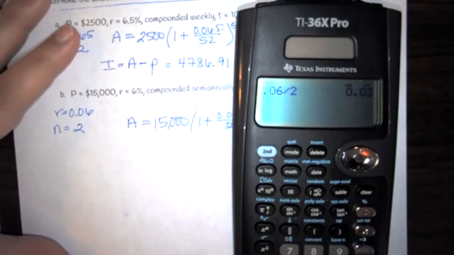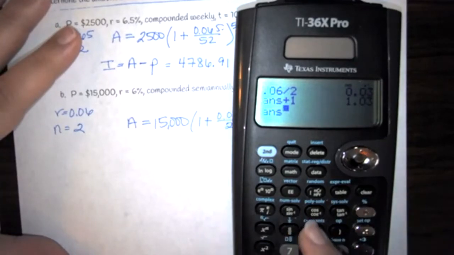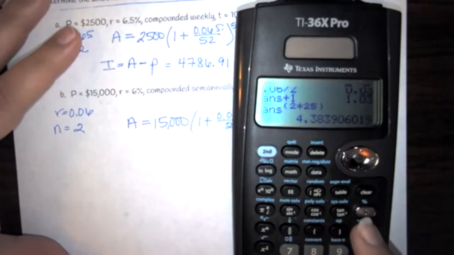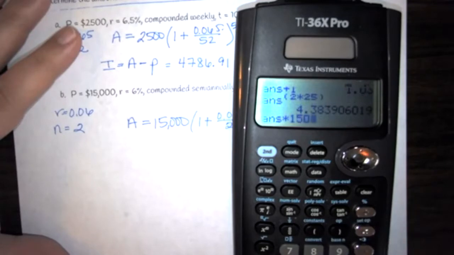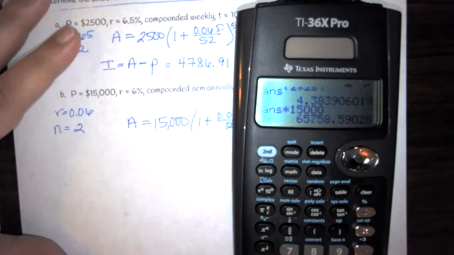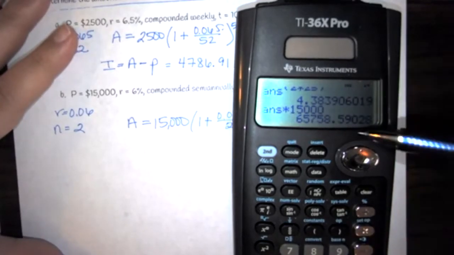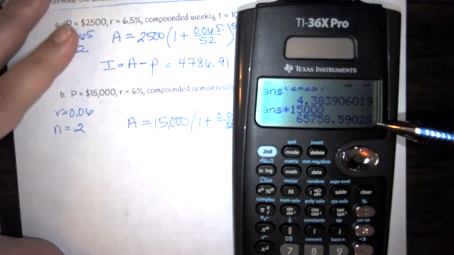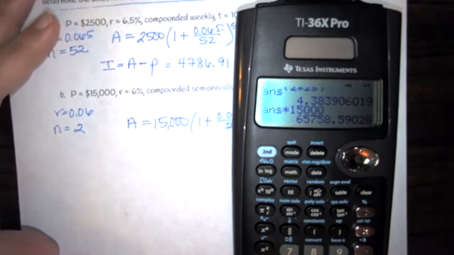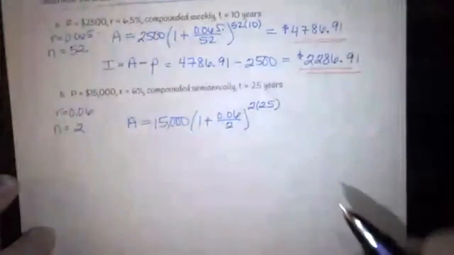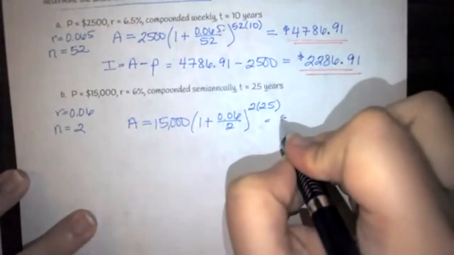I'm then going to plus 1 to that and hit enter. I'm then going to raise it, open a parentheses, to 2 times 25 and hit enter. And I'm then going to multiply that by 15,000. I'm then going to look at my 2 digits and round it. So I have 590. 0 doesn't do anything, so it stops at 59. So this is going to tell me that I have earned